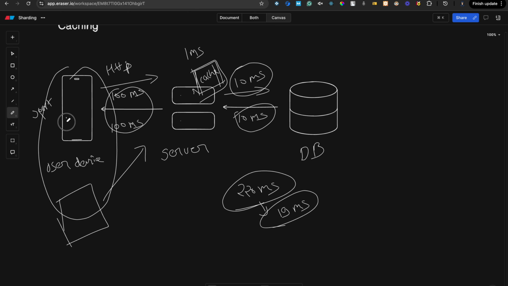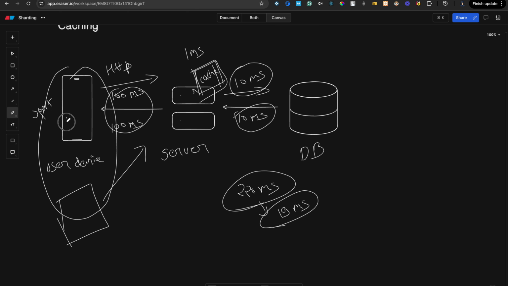This write operation will be implemented on the cache. The cache will get updated and it will return the data, but we need the updated copy in the DB as well. So we have two options: we update immediately or we update later. We can have a cron job which gets scheduled and updates the cache data in the DB once a day at some particular time. So these two options are available.